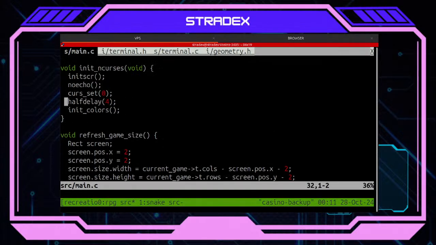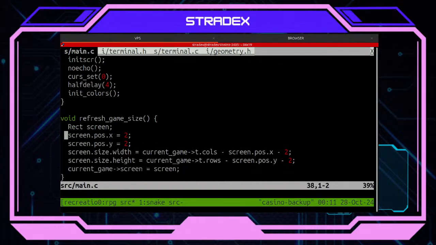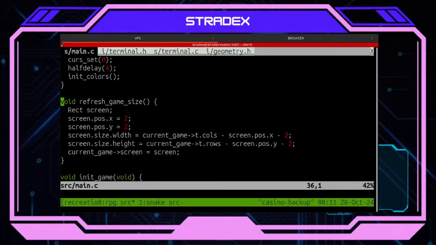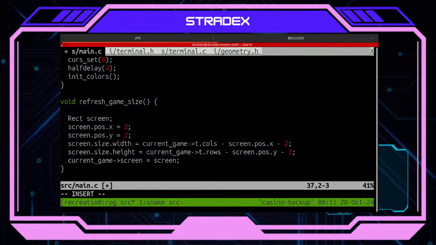So for example, I want you to call the typical... no, like this. Update terminal, yes, that's better. Update terminal, and here I have to pass the current game.